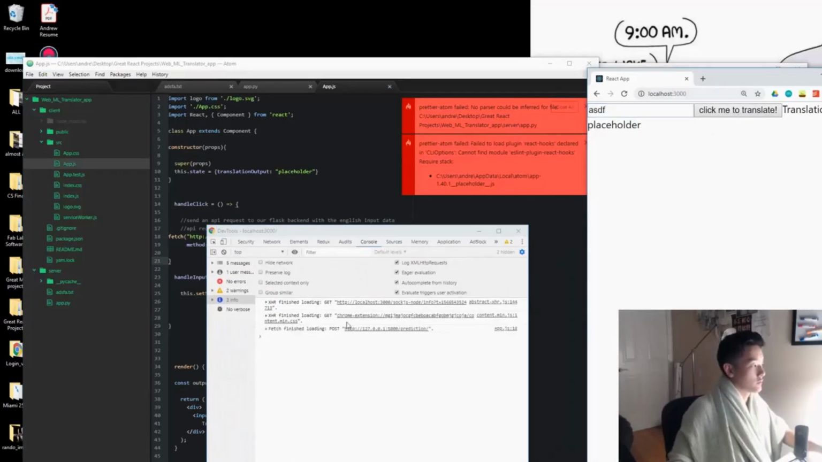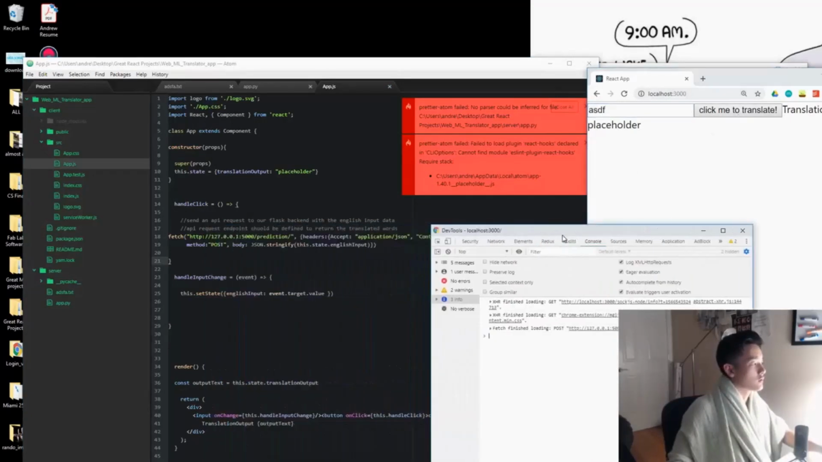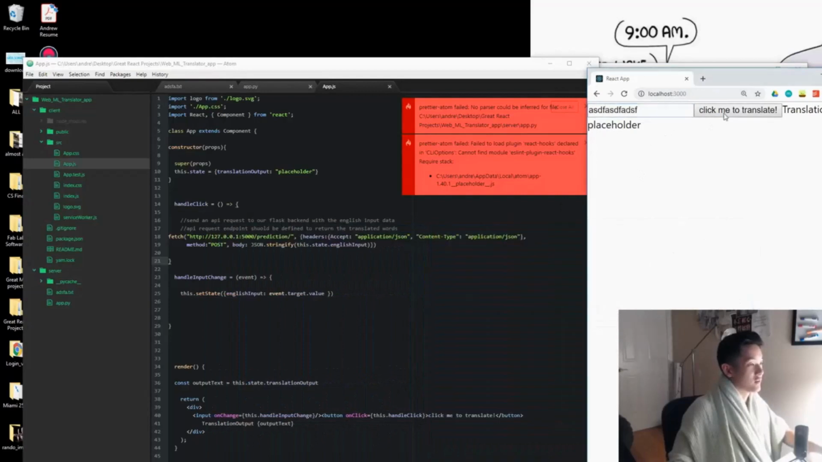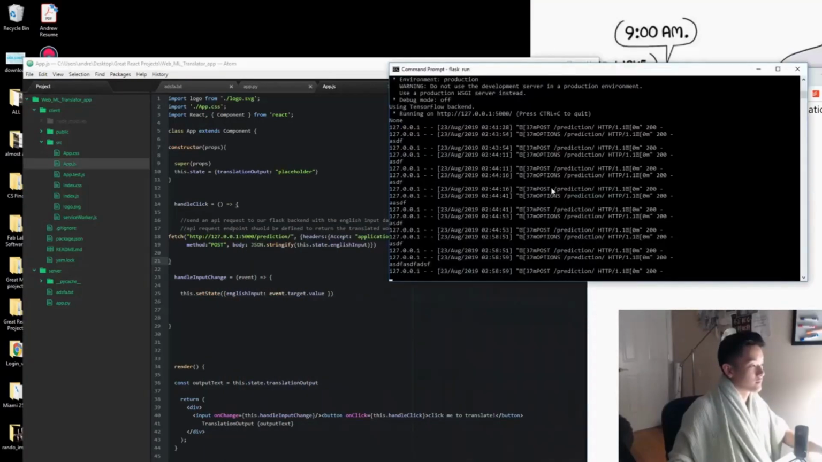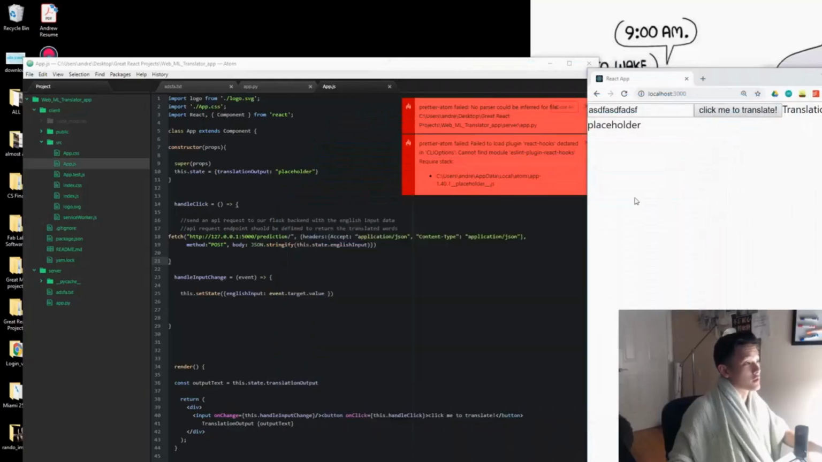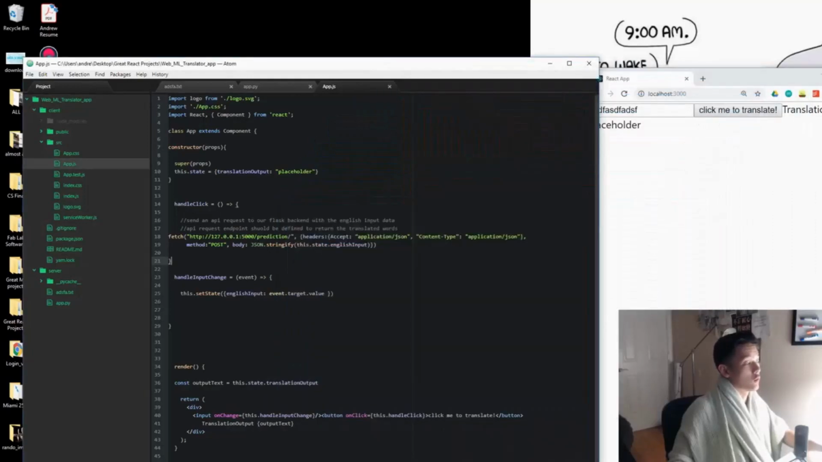Click me to translate. Oh, it actually worked, eh? What? I didn't expect this to work. Wait, that is extremely surprising. Oh, well,